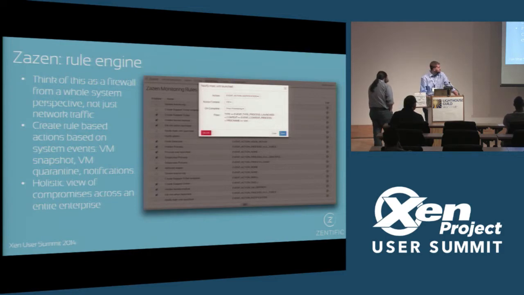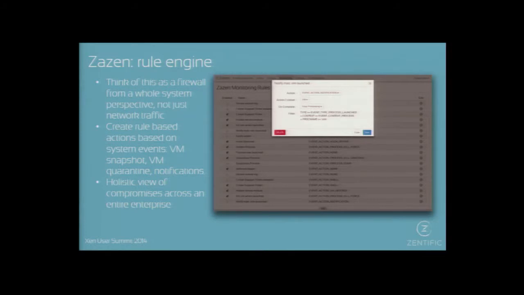What really drives a lot of the information that we're getting out of the systems is how we were able to build a rule engine around it. It's good to know that something happened, but what do you do about it? And humans constantly interacting with the system that's being compromised is slow and inefficient. So you need some way to act on those things. And this is kind of our answer to that.